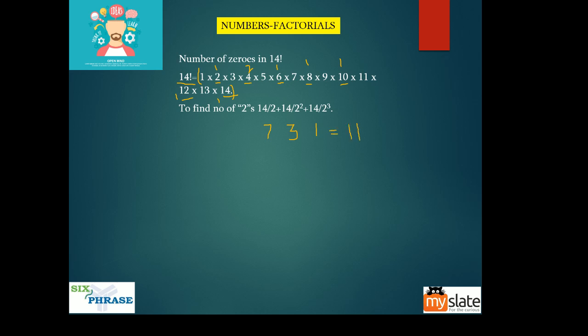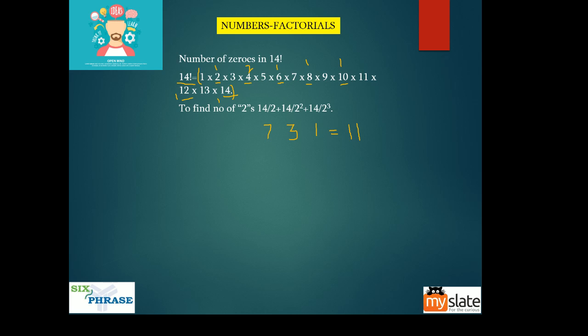There are 11 2's. But sir, you said something like 8 or 9. We did not get 11 here. 1 plus 2 is 3, 4, 5, 6, 7, 8. We just got 8, right? So where are the remaining 2's? I'll tell you where the remaining 2's are. Guys, while counting, we made a mistake. I don't know if you spotted it or not.